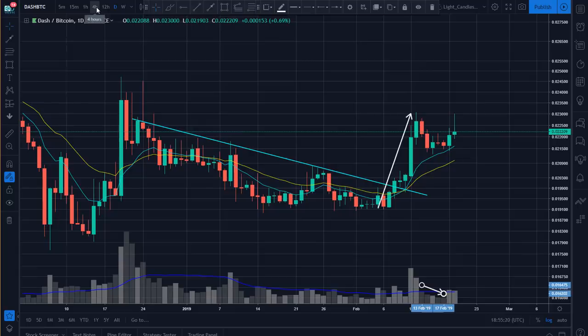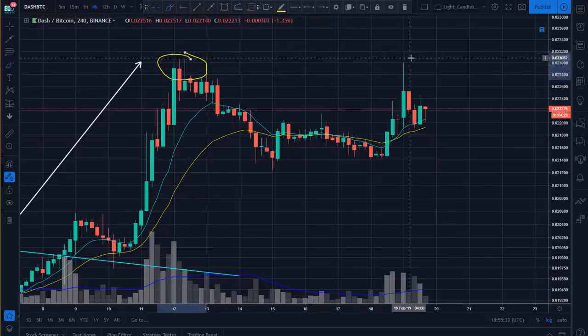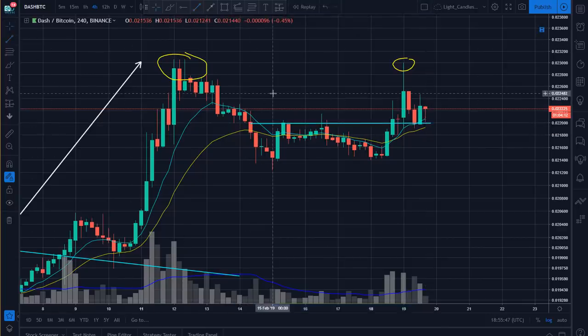If we zoom into the 4-hour chart, notice where it failed. This was the prior peak from last week and almost exactly, we had a wick show up right there. Now it's still holding up, so I'm keeping an eye on it, being patient with this one. It's still above this little bit of a near-term resistance break that it had yesterday, and so it's one that I'm going to be patient with, but definitely on the radar just because it had that constructive pullback on the